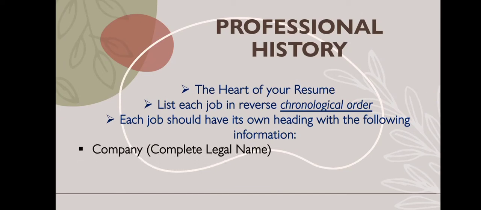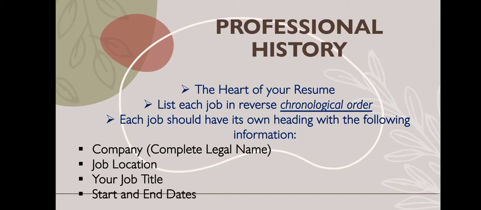It is given here. At first, you have to write a company's legal name, then write your job location, where the company was placed and where the company was located, and then your job title. What title was yours when you were doing the job in that specific company, and then the start and end dates. So these are the four things that you have to observe and take into account